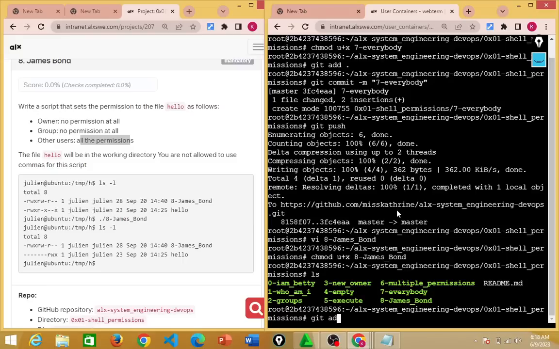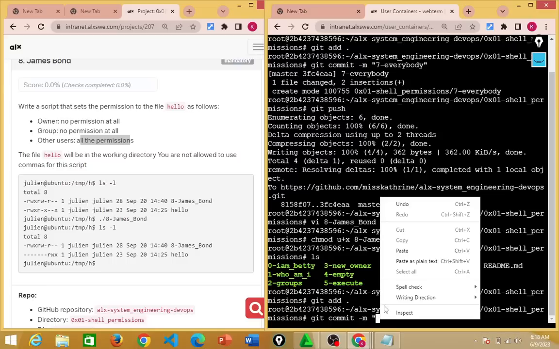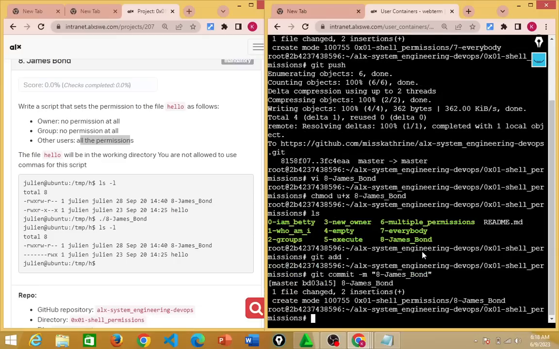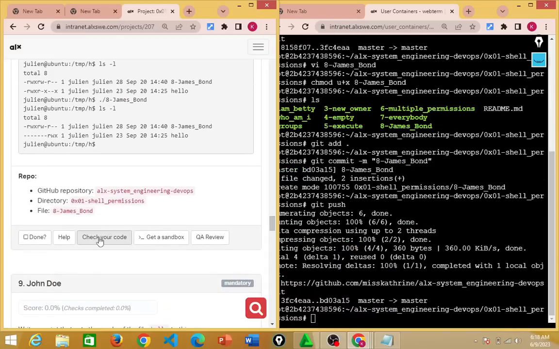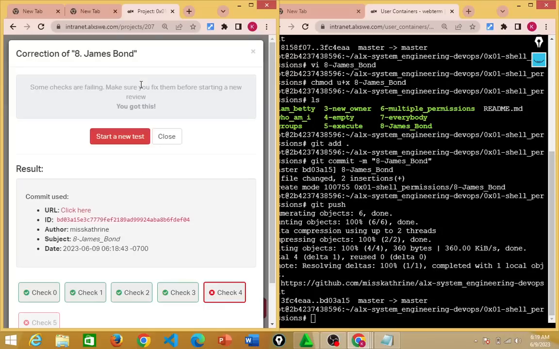So we can do git add, git commit, commit message, just put that in, then I'll do git push. Alright, so having done that, you can come back here and check your code. Just simply run the test and let's wait for it. Alright, so